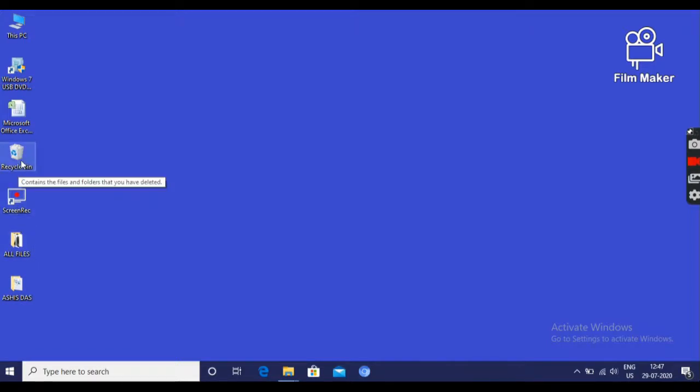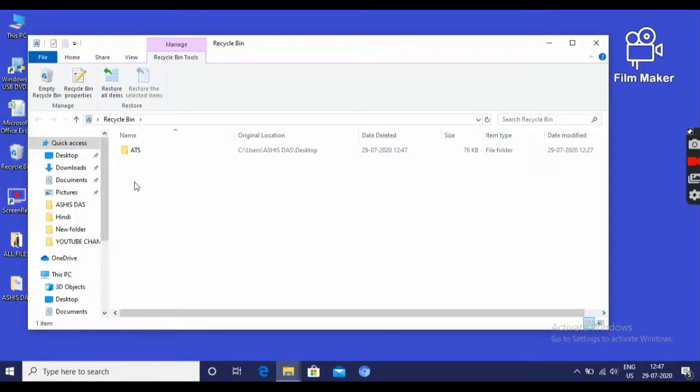Now see, recycle bin is not empty. It contains some files, folders. Here contains files and folders that you have deleted. That means all the deleted items are stored in the recycle bin. Then double click on it. Then this ATS folder has been deleted and stored in recycle bin. Then if I right click on that folder,